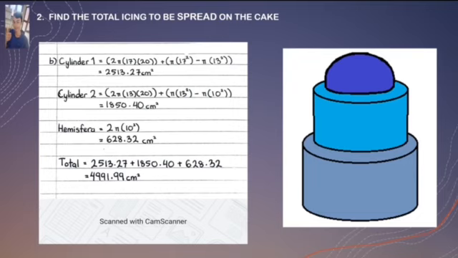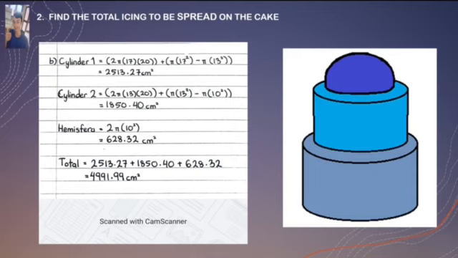So the formula for the surface area for the top of the hemisphere is 2 pi r squared. So we can substitute into the formula, which is 2 times pi times 10 squared, equal to 628.32 centimeter squared. Finally, we can total up all the area, which is